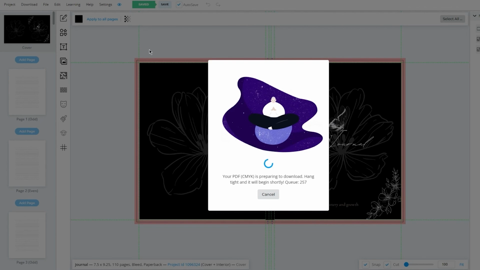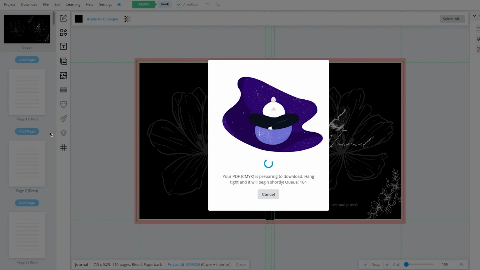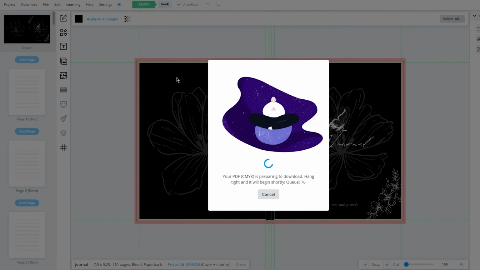Okay, and again, if I were to show you it all again, when we were in Canva, we made 2 book covers in a matter of 5 minutes. In 5 minutes, I made 2 covers, and then I came here, I made my interior using the template library, and then I downloaded 1 book. When 1 book was done, I came back on BookBolt, I replaced the cover with the second cover that I made, this black one, and then I added that cover, and now I'm making another book. So in the matter of 10 minutes, maybe even in less, I made 2 journal books that are easily uploadable on